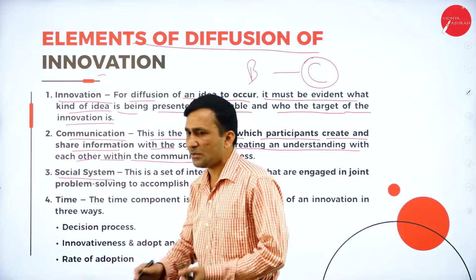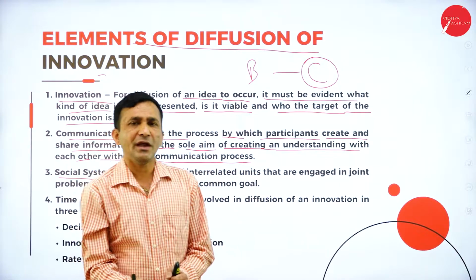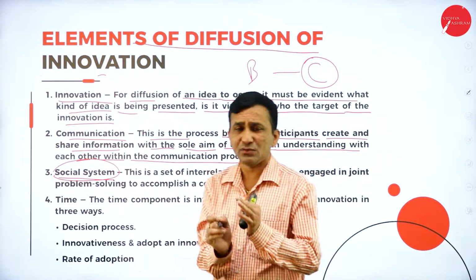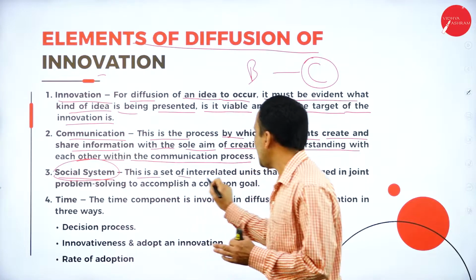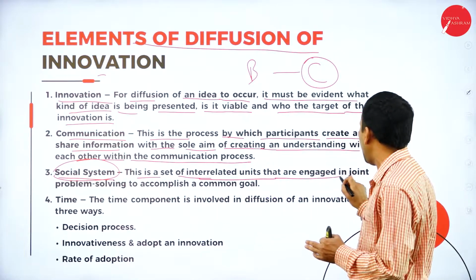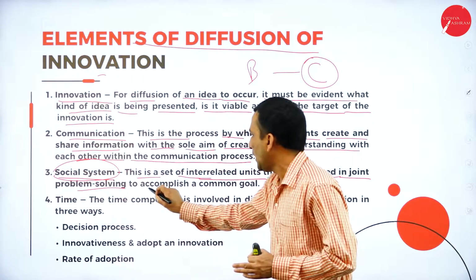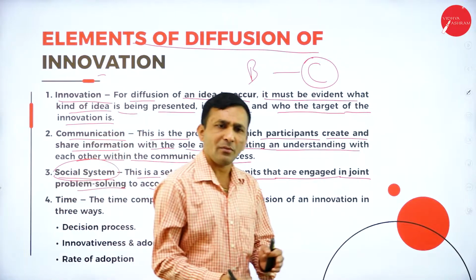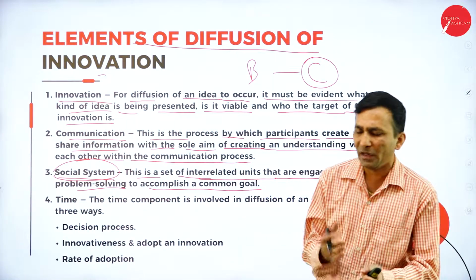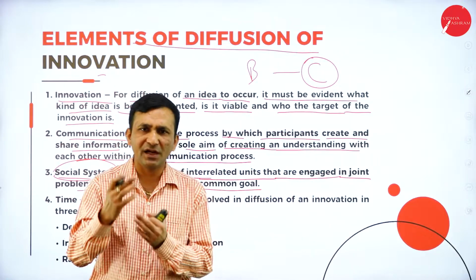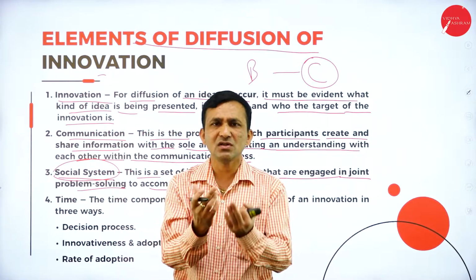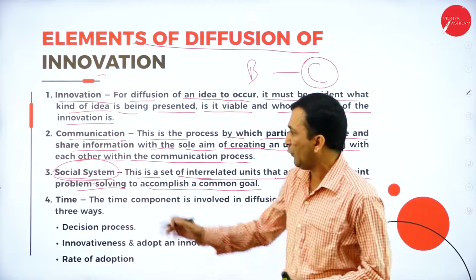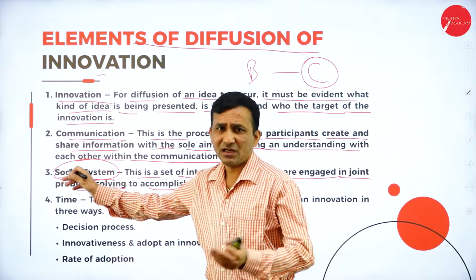So the next one, social system. In the social system only we find a number of products and services, right? So the social system is a very important element here. This is a set of interrelated units engaged in joint problem solving and accomplishing a common goal, because consumers nowadays face too many problems based on their real requirements. As marketers, businessmen find out what exactly customers are facing. Based on the customer problem, the producer starts producing a product which directly fulfils the society or social system requirement.